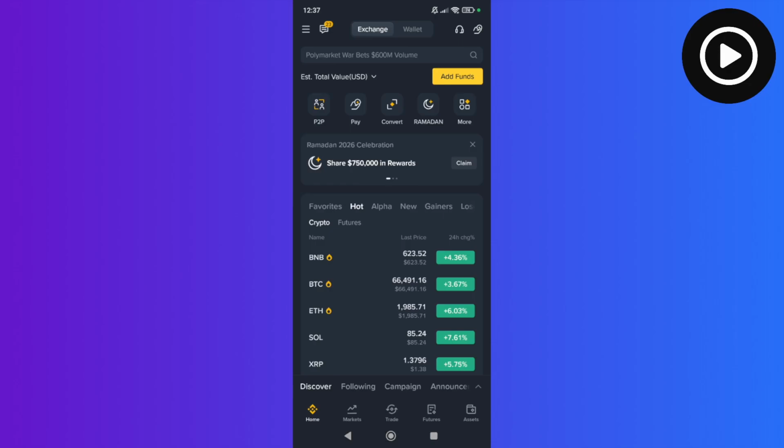How to send money through Binance. I'm going to show you two ways. The first way is using the pay method, which basically sends money to another Binance user for free without any